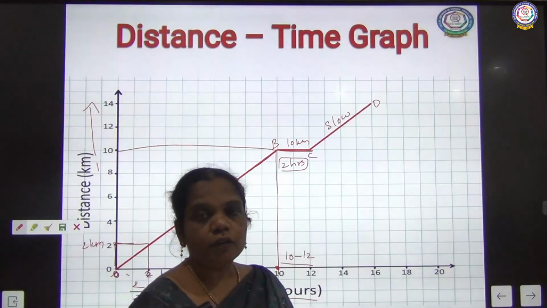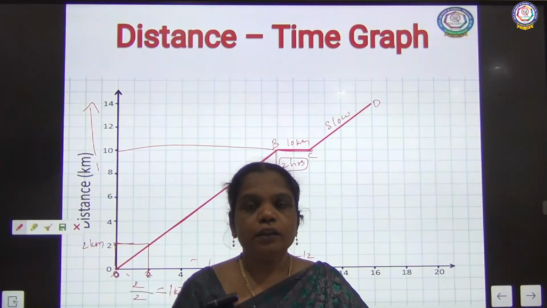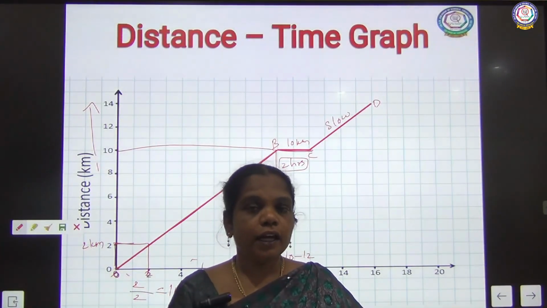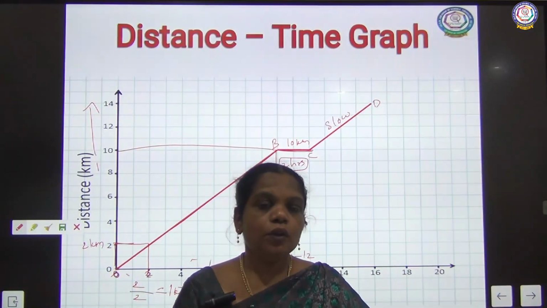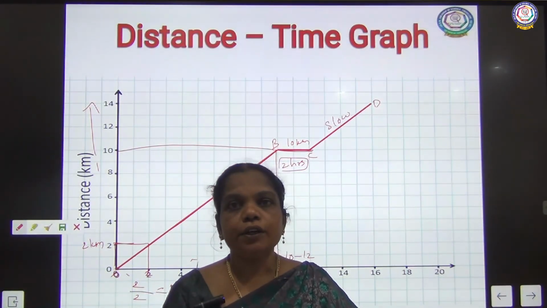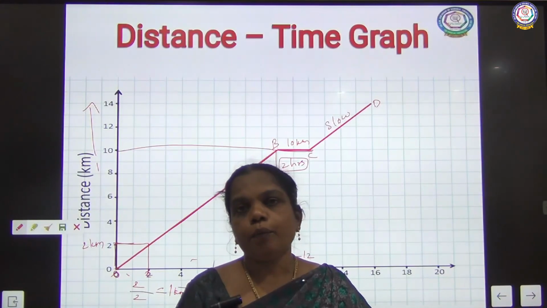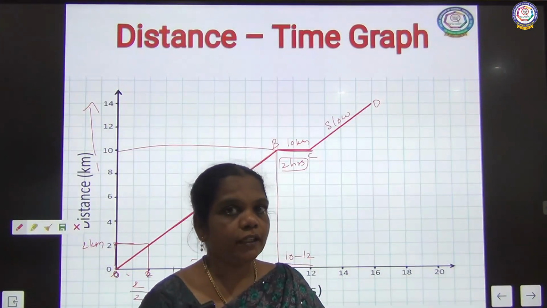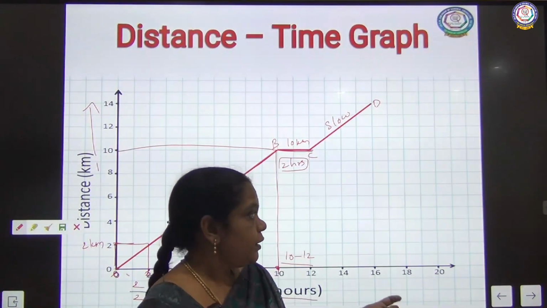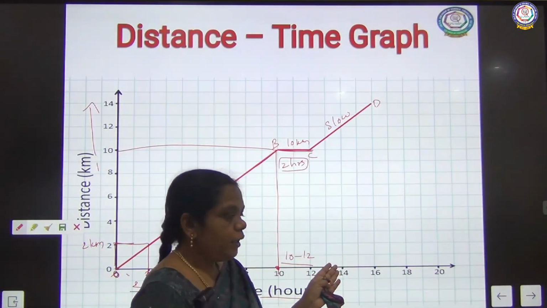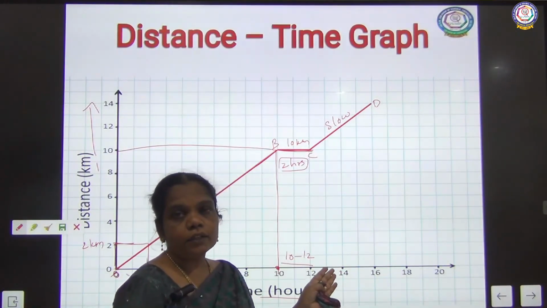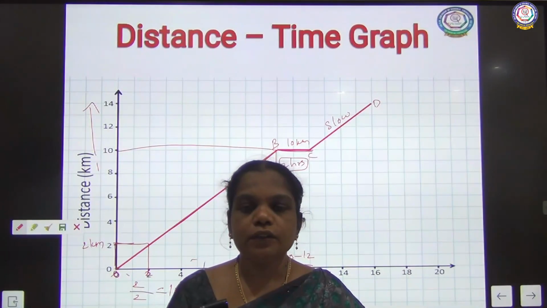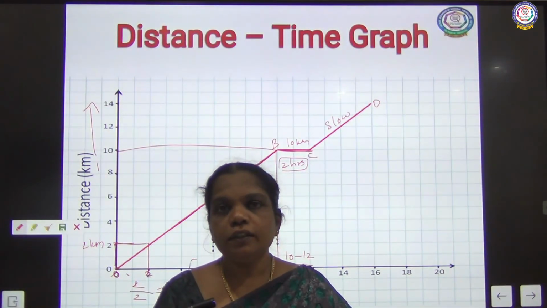Like that you can calculate the speed of the vehicle by the distance time graph method. By this, children, you are going to calculate the speed and the distance traveled by the vehicle. These are all, and then the conversion, hours into minutes or minutes into hours. Already you know the units of time, and days into years or hours into days, like that you have learned. And the distance time graph, from the graph we can calculate the speed of the vehicle. So these are all about motion. Thank you.